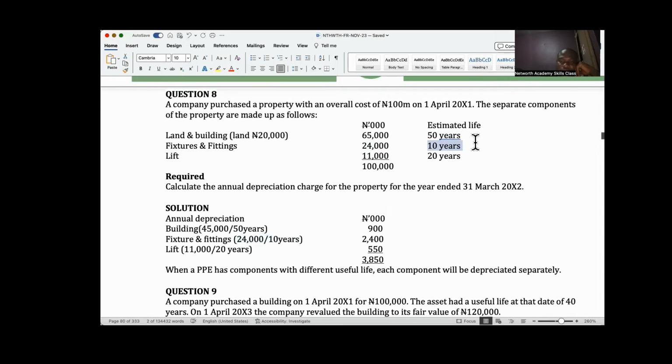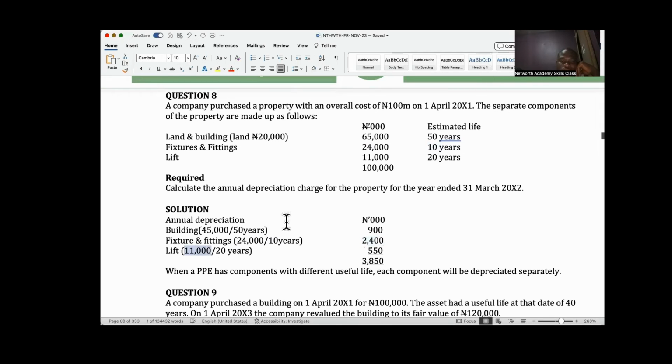If you punch your calculator, you get 2,400. The lift is 11,000 from the question, and the useful life is 20 years. If you do your calculator, you get 550. If you add them together, it gives you